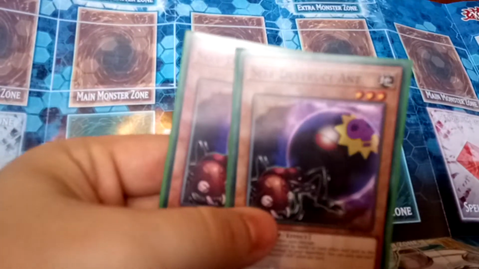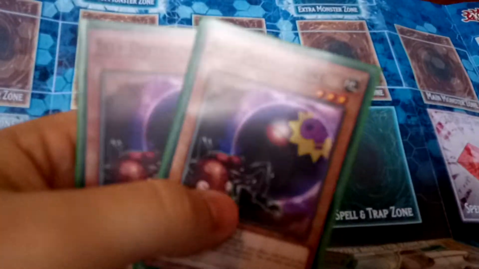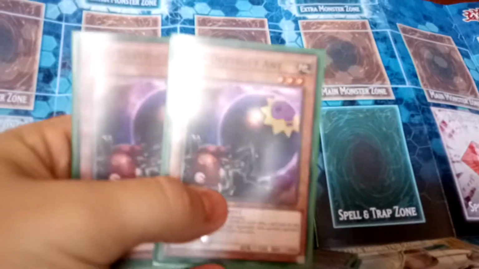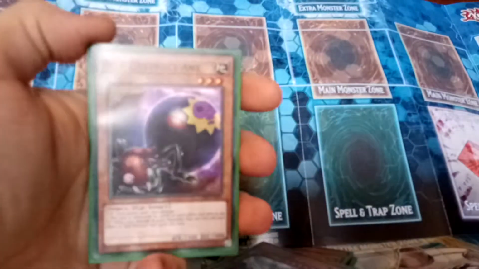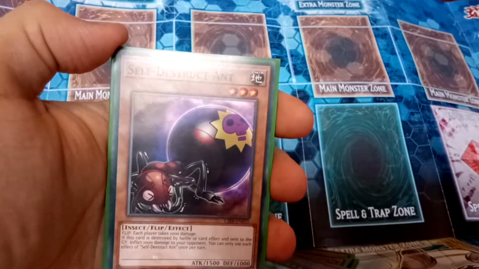Then I run two copies of Self-Destruct Ant. This is a card that you can go without if you want to. I really want to replace it with something more cancerous, because cancer in Yu-Gi-Oh is not that bad, really. You gotta have some cancer in your life. So yeah, Self-Destruct Ant